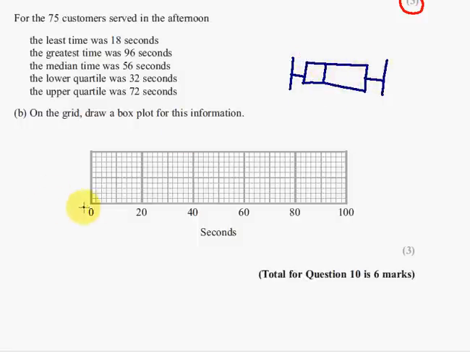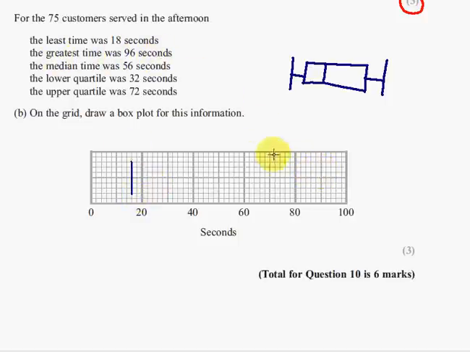So have a look at your scale. You really do just get your ruler and draw in those lines. I'll try and do it as carefully as I can. So I'm going to start off with the least time first of all. 18 seconds is here, so I'm going to draw a line down there. The greatest time was 96 seconds, so 90